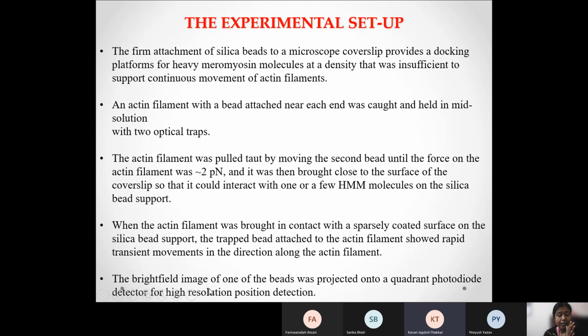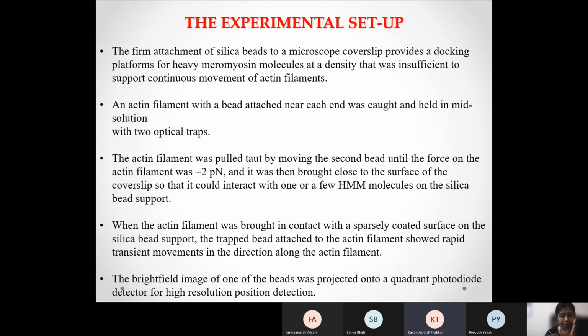Okay, now how do you then measure the force generated? As I said, the force generated is measured by the distance, or the displacement, of the bead. So if you're going to somehow be able to record the image of the bead, so basically